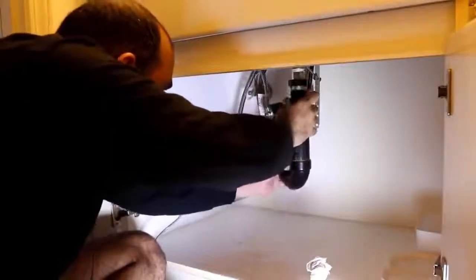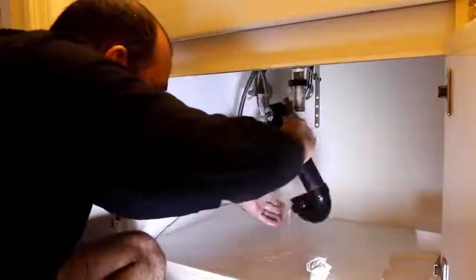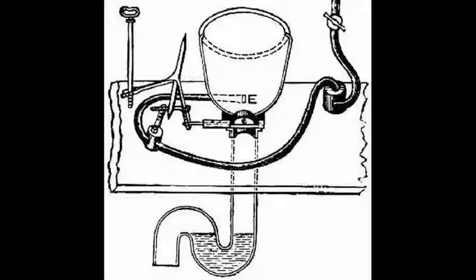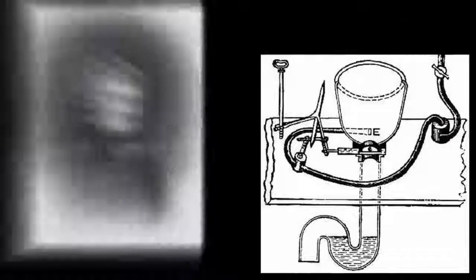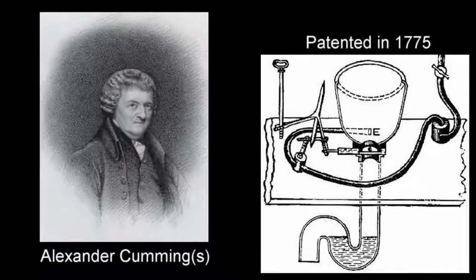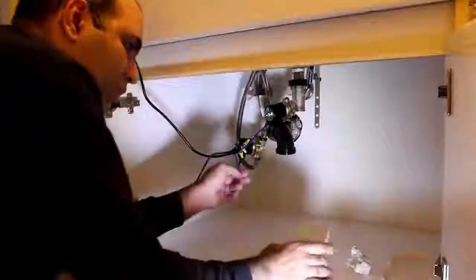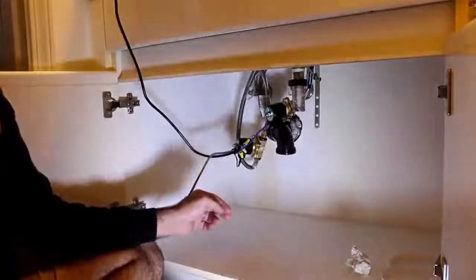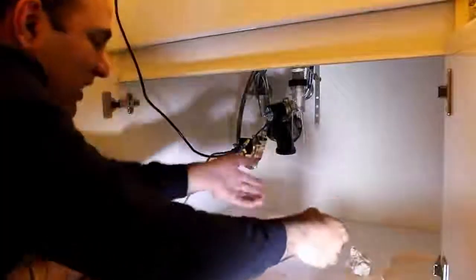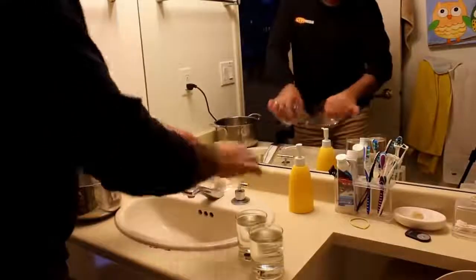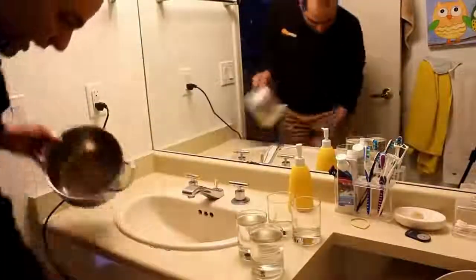Why do they use this stupid bend here that only collects dirty water and booger? The S-bend or trap was invented by Alexander Cummings. The bend traps some water in it that blocks the pipe and prevents the stench of the sewers from returning through the pipe. Okay, all the booger water is collected. Oh, there's no drain. Ah, starting over with the foot control.